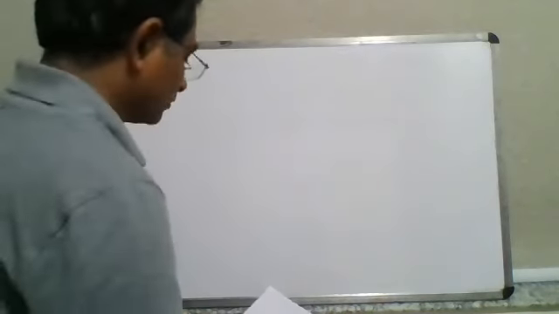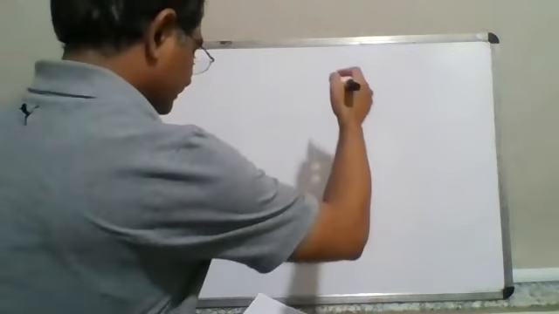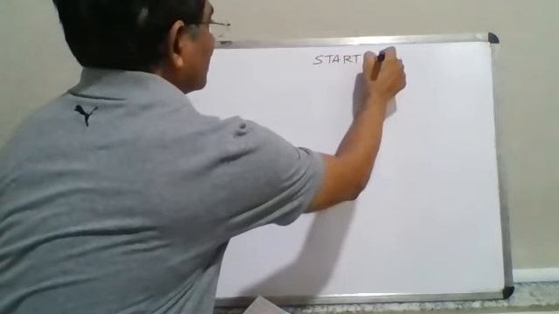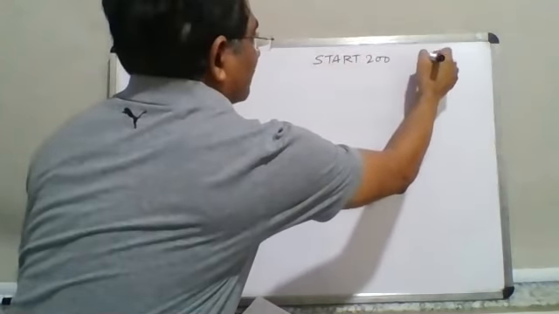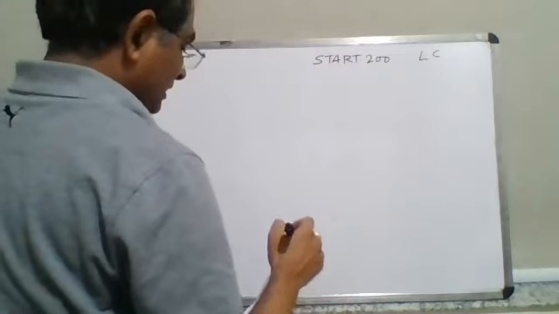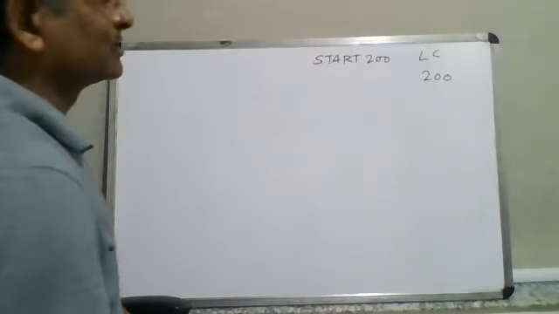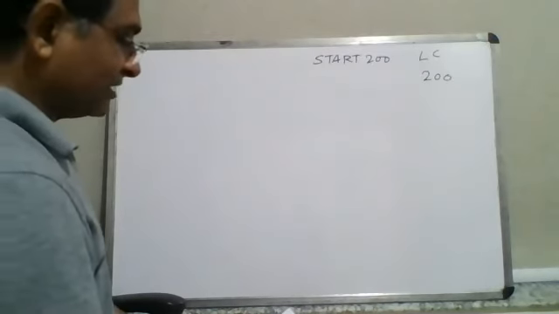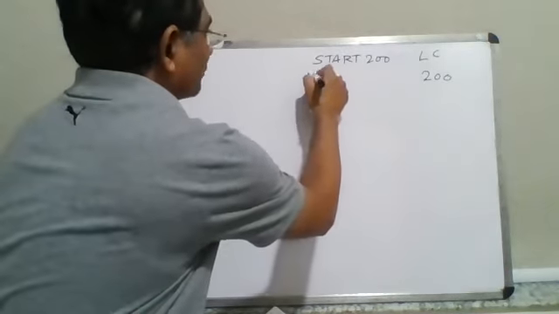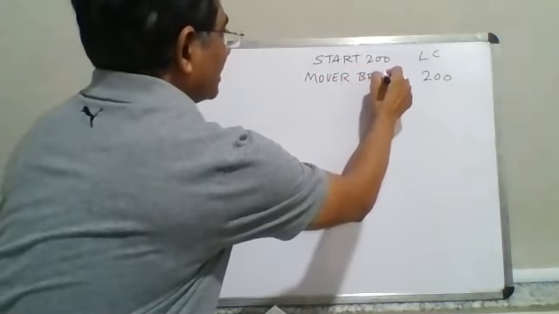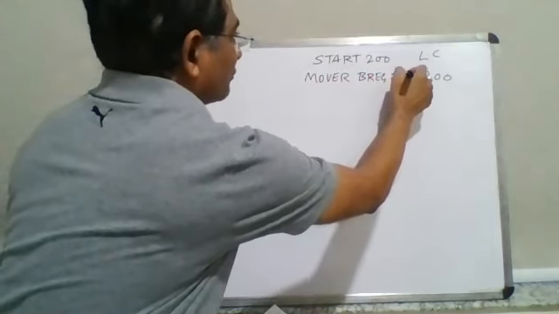Okay. Let's say I'm giving you one example, and we'll try to see this with the help of these assembler directives. I will give you one small code, START 200, let's say. And I'm giving you the location counter also. What is the meaning of location counter? Location counter is similar to program counter. Understand that it is going to maintain the address information, and from that place onward it is going to store the instructions. So MOVER is the instruction, with BREG the way you normally write it, and this is equal to, let's say, 4, right?